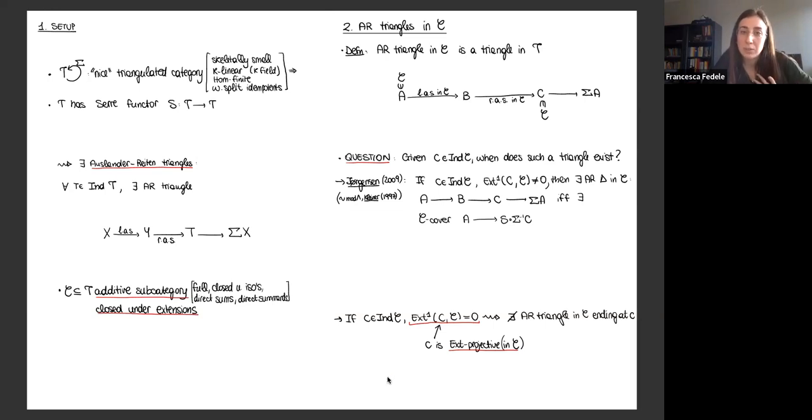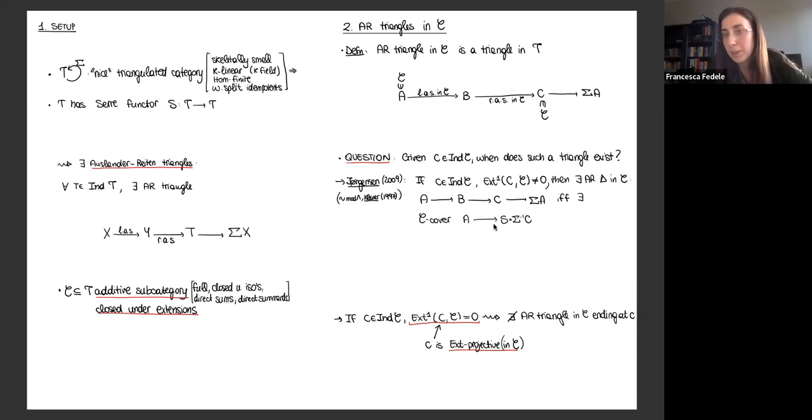And what I was focusing on more is the other set of objects, these objects that do not have this non-vanishing property. So if you take an indecomposable C, where X1 of C comma anything in your subcategory is 0, then you know for sure there is not an Auslander-Reiten triangle in C which ends at this object, because if you look at any triangle of the form A to B to C to sigma of A,